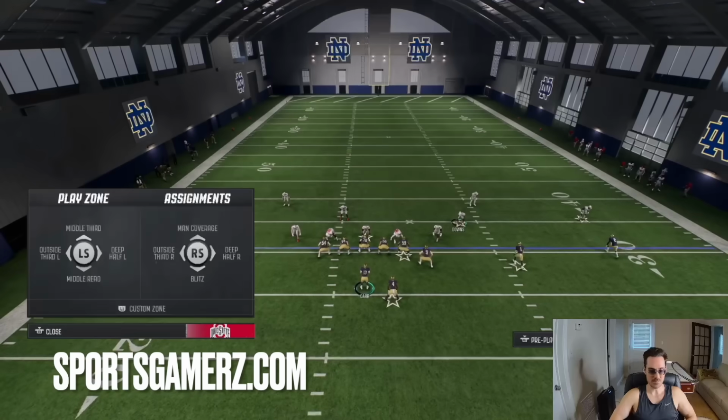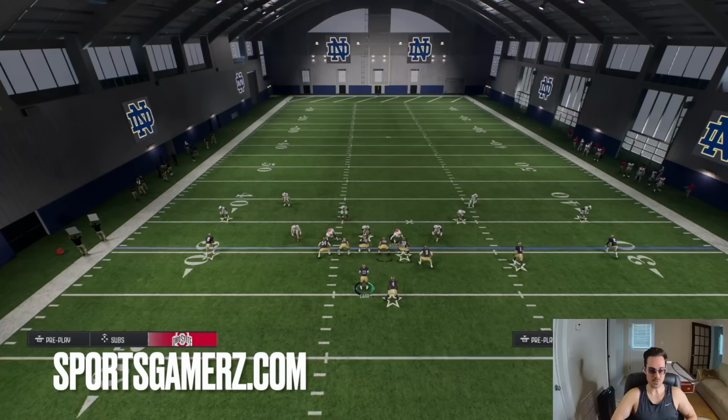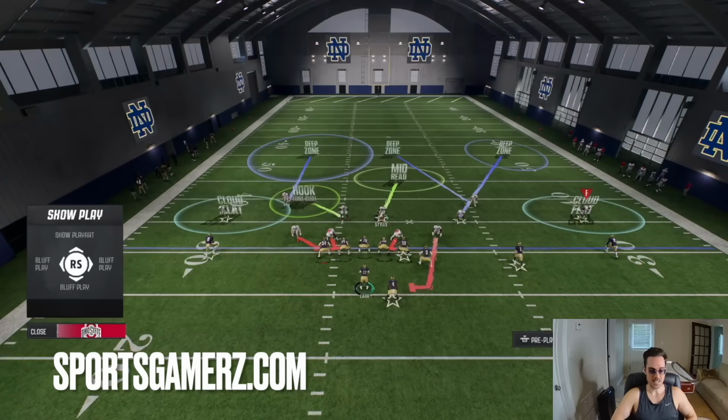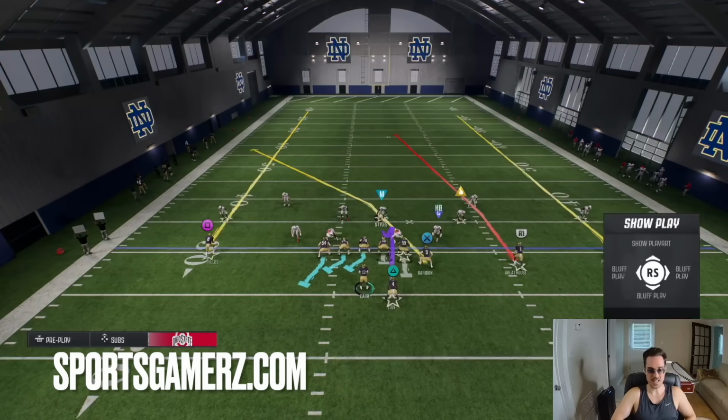The first thing we can do is the same exact setup we just did, where we put the slot into an outside third to the sideline, to the right, and then the safety on this side to a middle third. Now, we're going to still use the mid-read, and we're just going to play the middle of the field. Now, what you're going to notice here is that with this setup, we were able to bomb cover 2 right